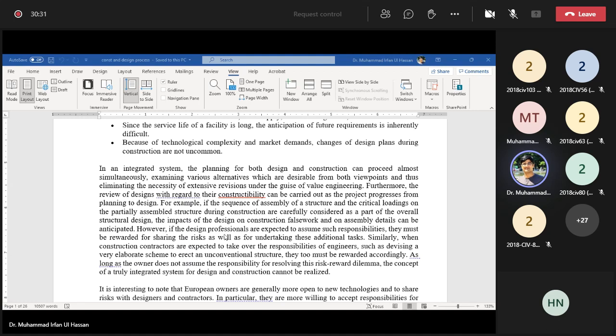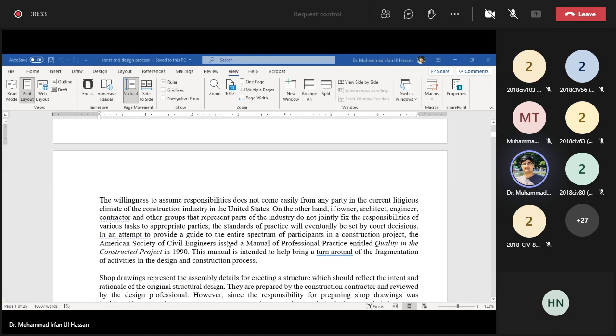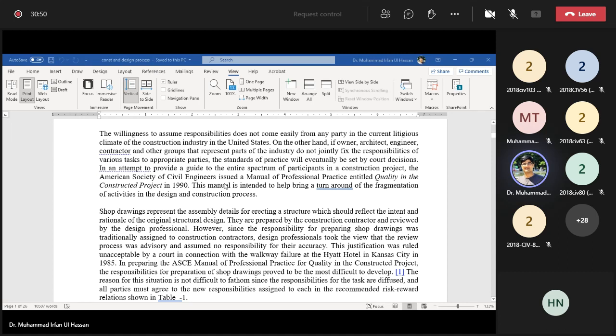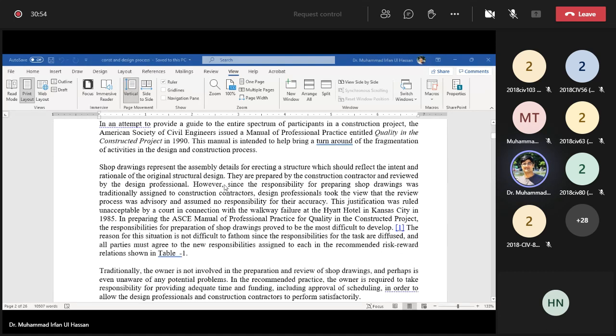And the responsibility for the shop drawings. So it is to be fixed on every engineer who is responsible for making the drawings. There are different kinds of drawings, and following this,